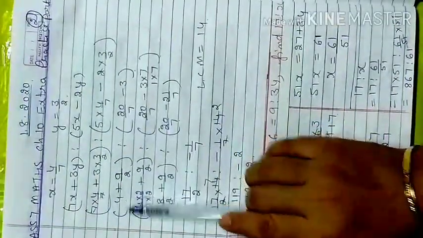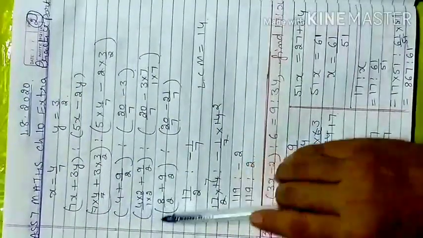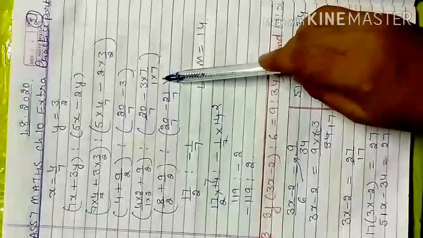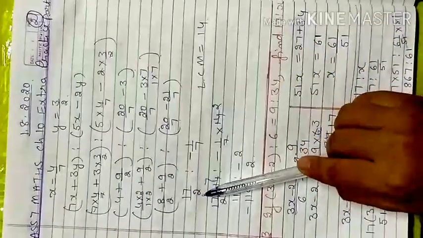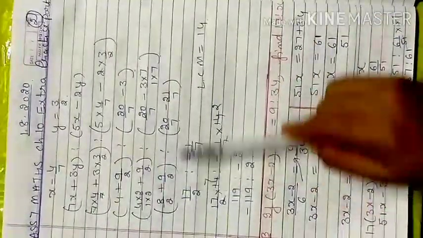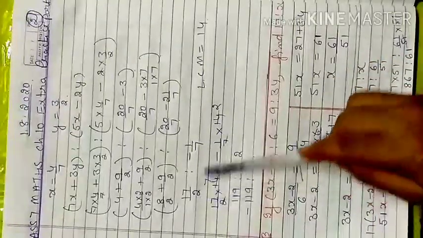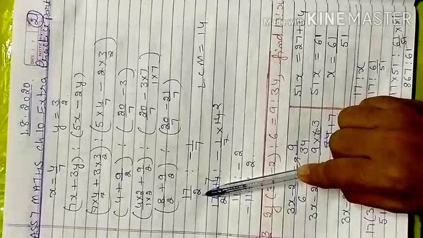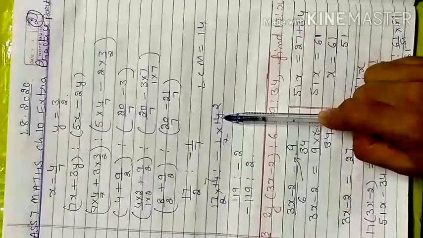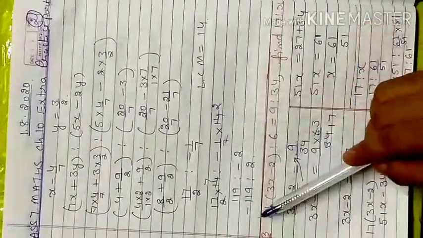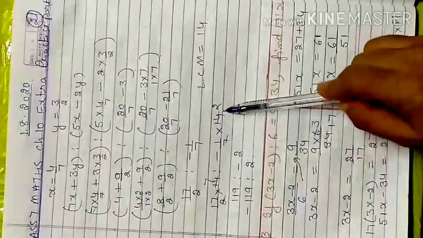Now we will take the LCM of 2 here. We need the denominator 2, and the numerator should also be multiplied by 2, giving 8 by 2. Similarly here the LCM is 7, so that gives 21 by 7. Now take 2 common as denominator, 8 plus 9 is 17, and 20 minus 21 gives minus 1 by 7. Now still fractions are there. I want to remove this 2 and 7, so the LCM of 2 and 7 is 14, and each fraction is multiplied by 14. 2 7s are 14, 7 2s are 14, 17 7s are 119, and this is minus 2.